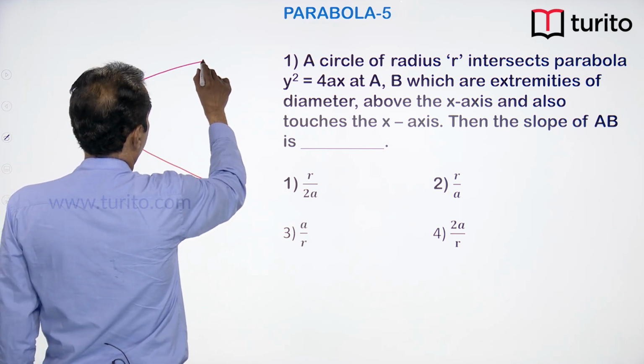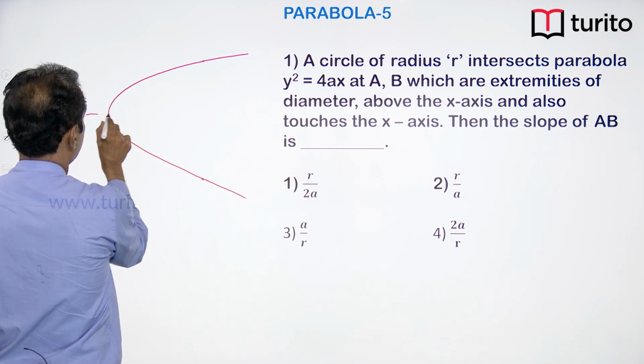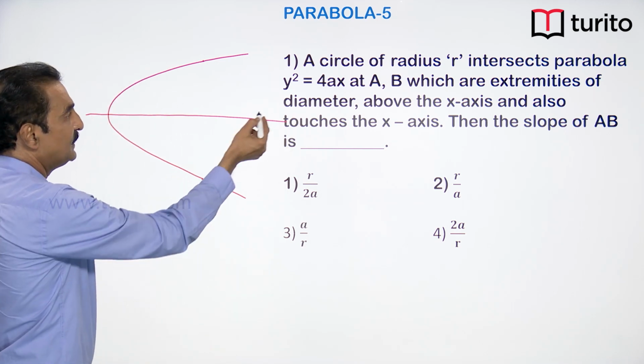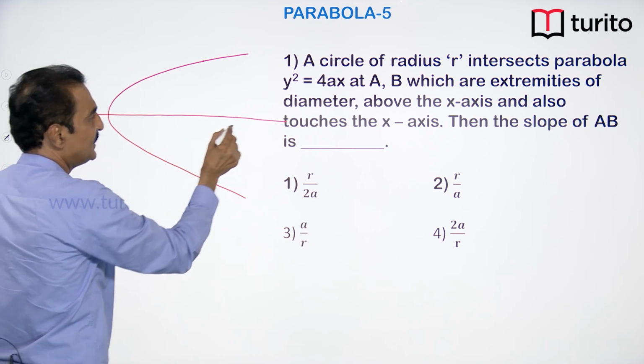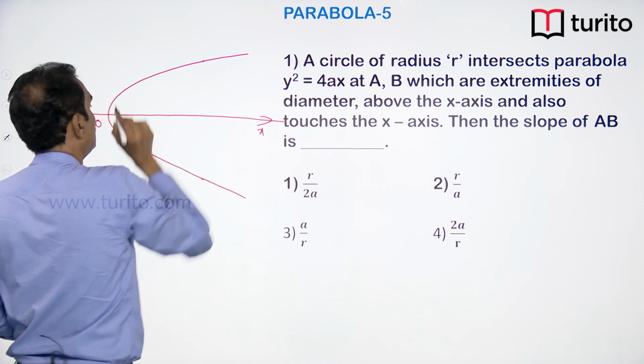Take a parabola like this. The axis of this parabola would be like this. y square is equal to 4ax is the standard parabola, vertex is origin, axis is x axis. Now